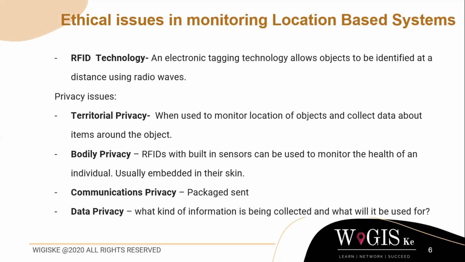And then finally there is data privacy. This speaks to the case where, even if a user had given permission to collect the data, you did not make known what you're going to use the information for, and then that becomes an issue. Remember, we've spoken about transparency, and one of the angles of transparency is making your user aware of the use of the data that you're going to collect from them. What is this data going to be used for? Is it going to be beneficial for them or not? And then they're able to give consent.